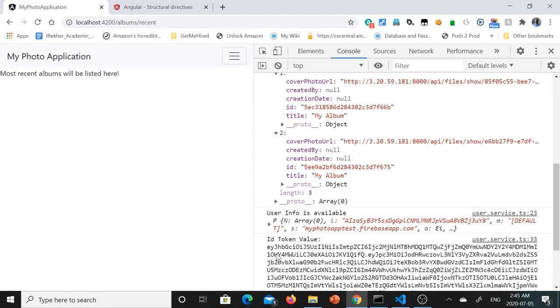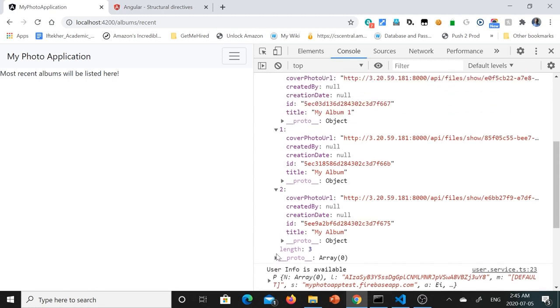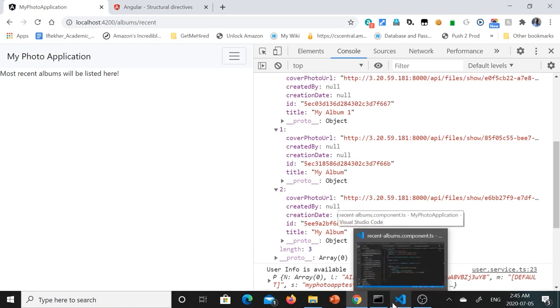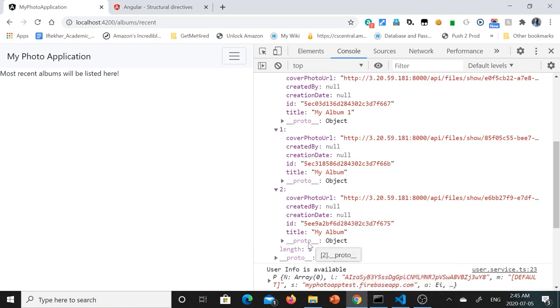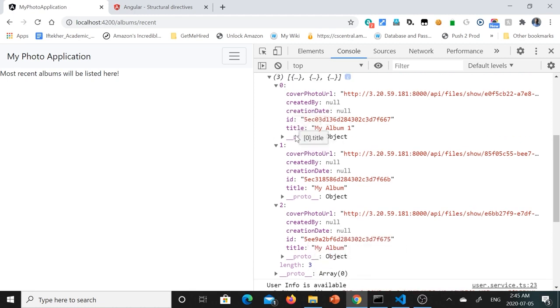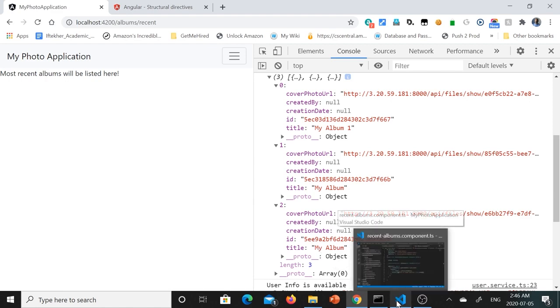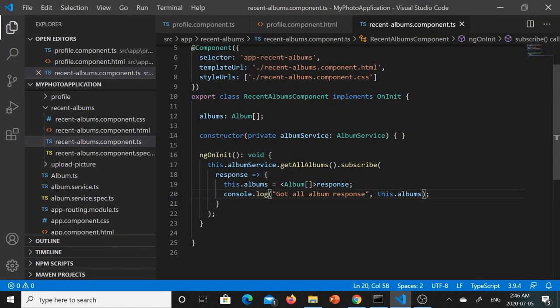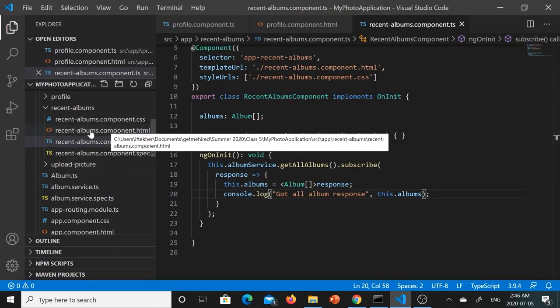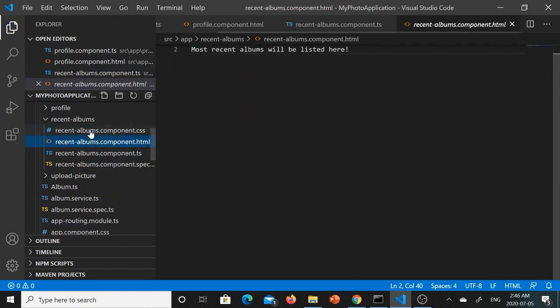So now we can actually try to print this data using the ngFor directive in our view, and you can see that each of them has a title, ID. Those are the attributes that are always filled up. So let's try those attributes. See, if we go to the list album component,